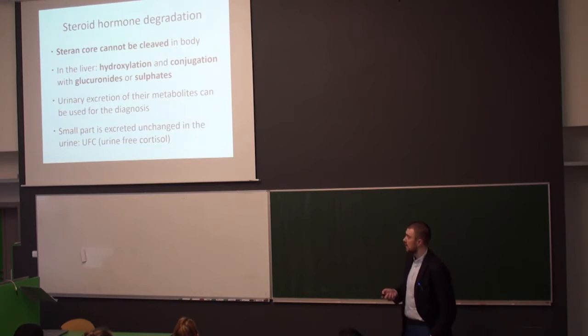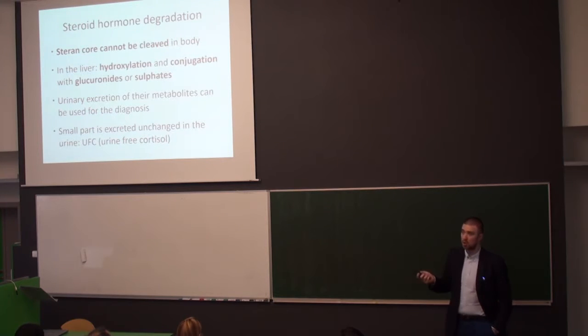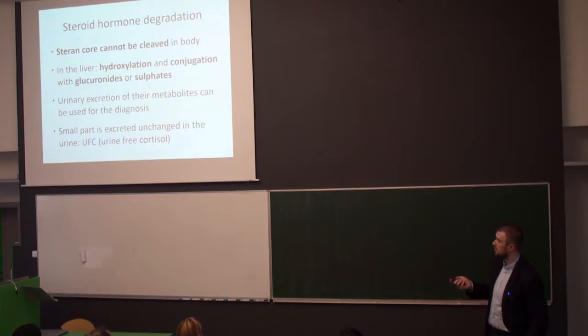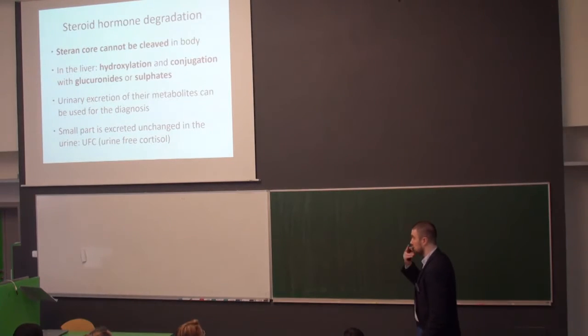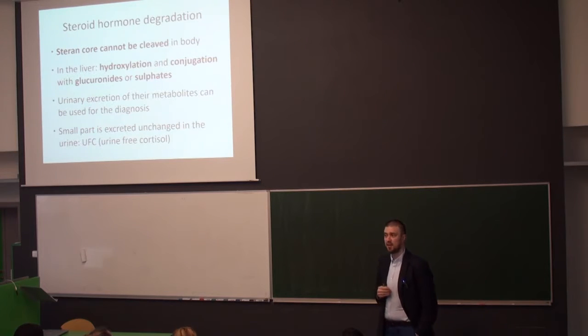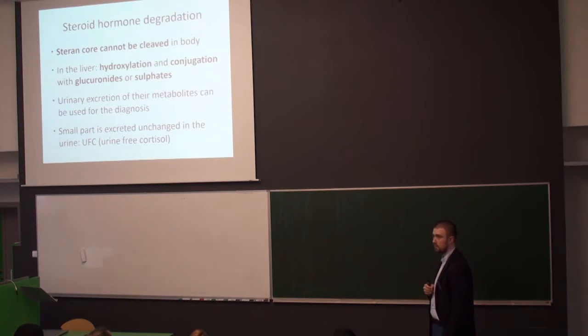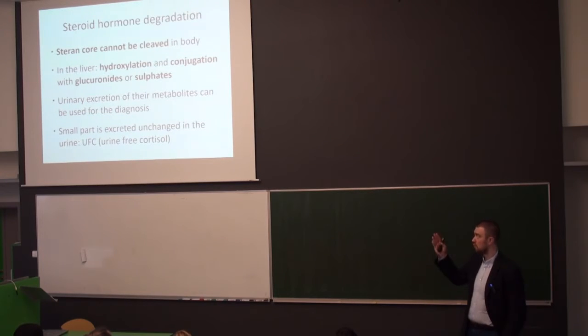The second option is, since some small part of the unchanged molecule is also excreted, you can measure this unchanged part. And then we call it, for example, urine-free cortisol. But that's only the minor fraction. The majority are the metabolites that are produced inside the liver from the steroid hormones. If you have a liver failure, if you have liver disease,